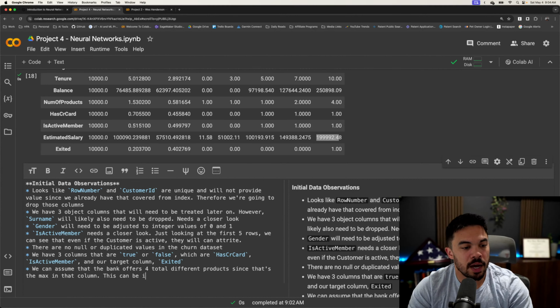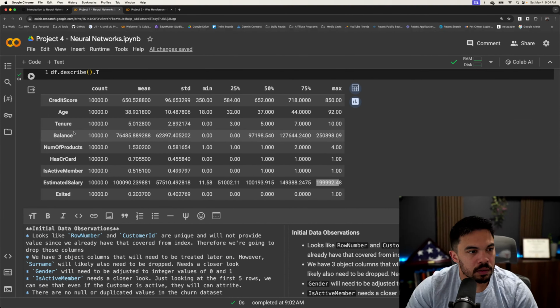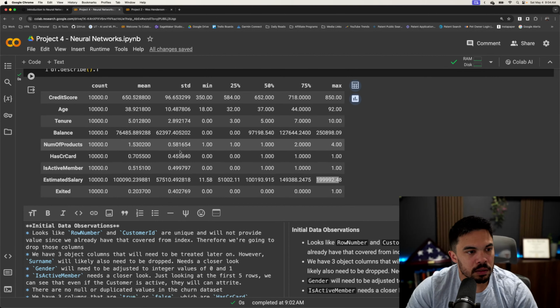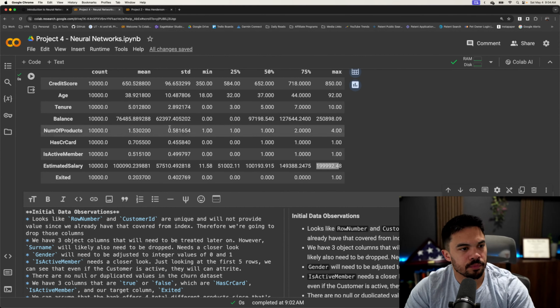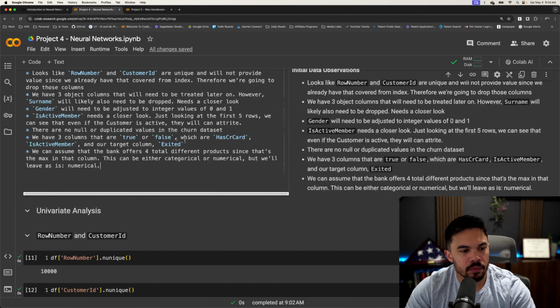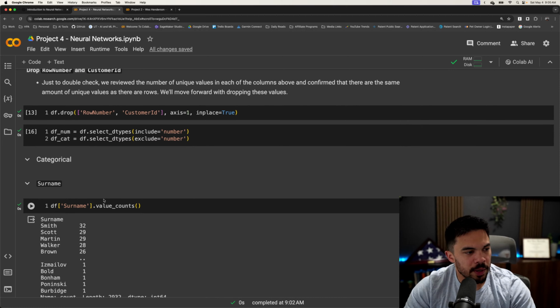This can be either categorical or numerical, but we'll leave as is numerical. The less treatment, the better. Tenure. Okay. So now we go back to doing the analysis,